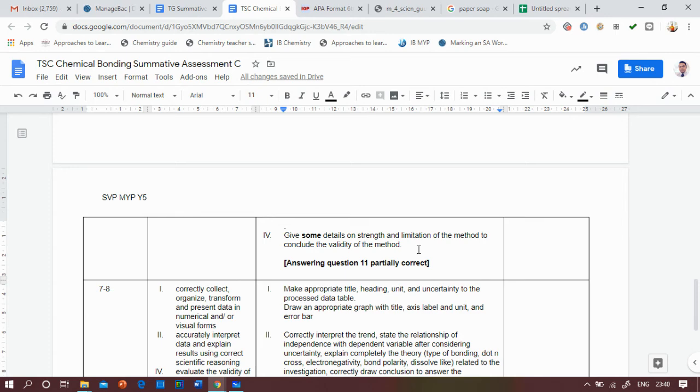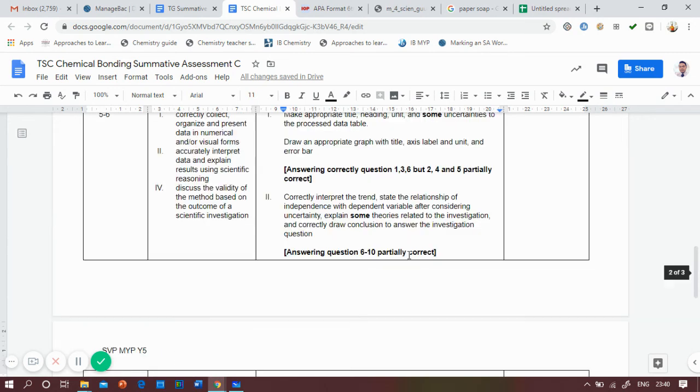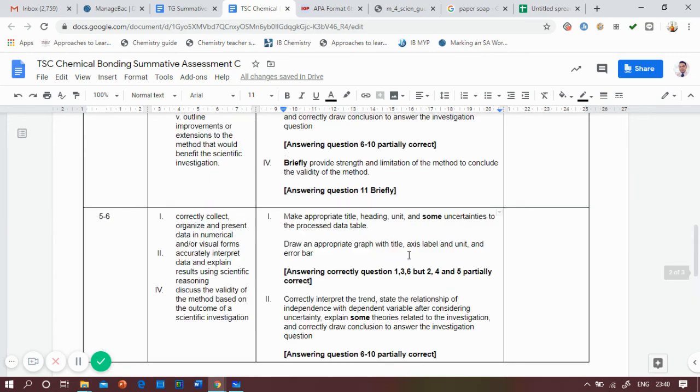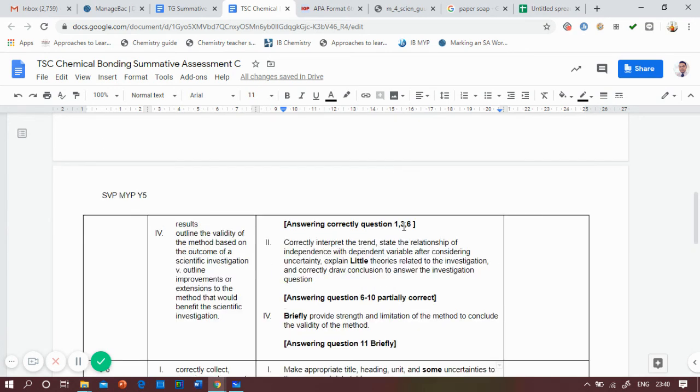For example, you say in there, I think the limitation is this needs more trials. Just stop there. But you don't mention what is the sufficient number of trials? What number of trials is supposed to be conducted? Something like that. That's going to be 7, 8 if you explain that long. Okay, and then 3, 4, as I said before, in here only questions number 1, 3, and 6.